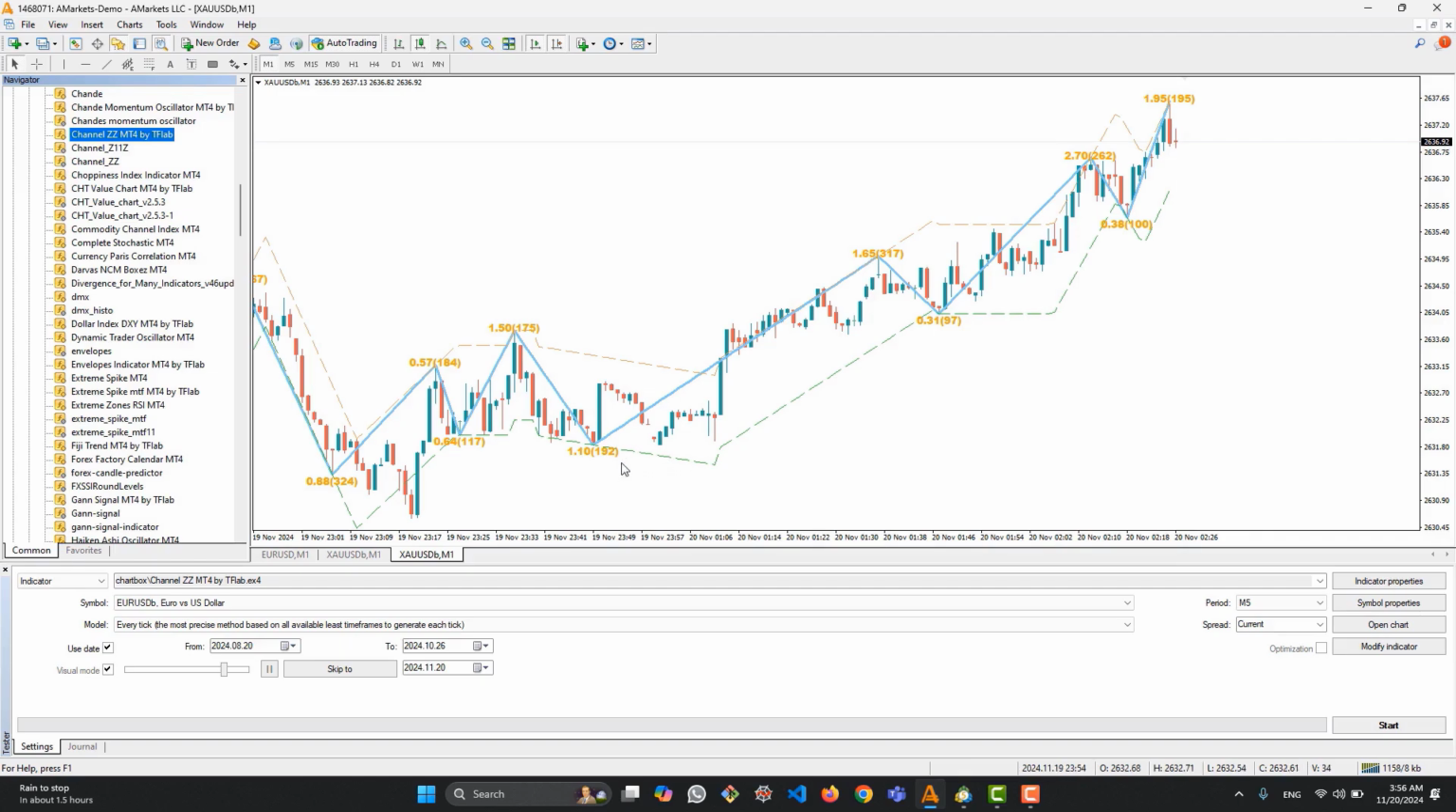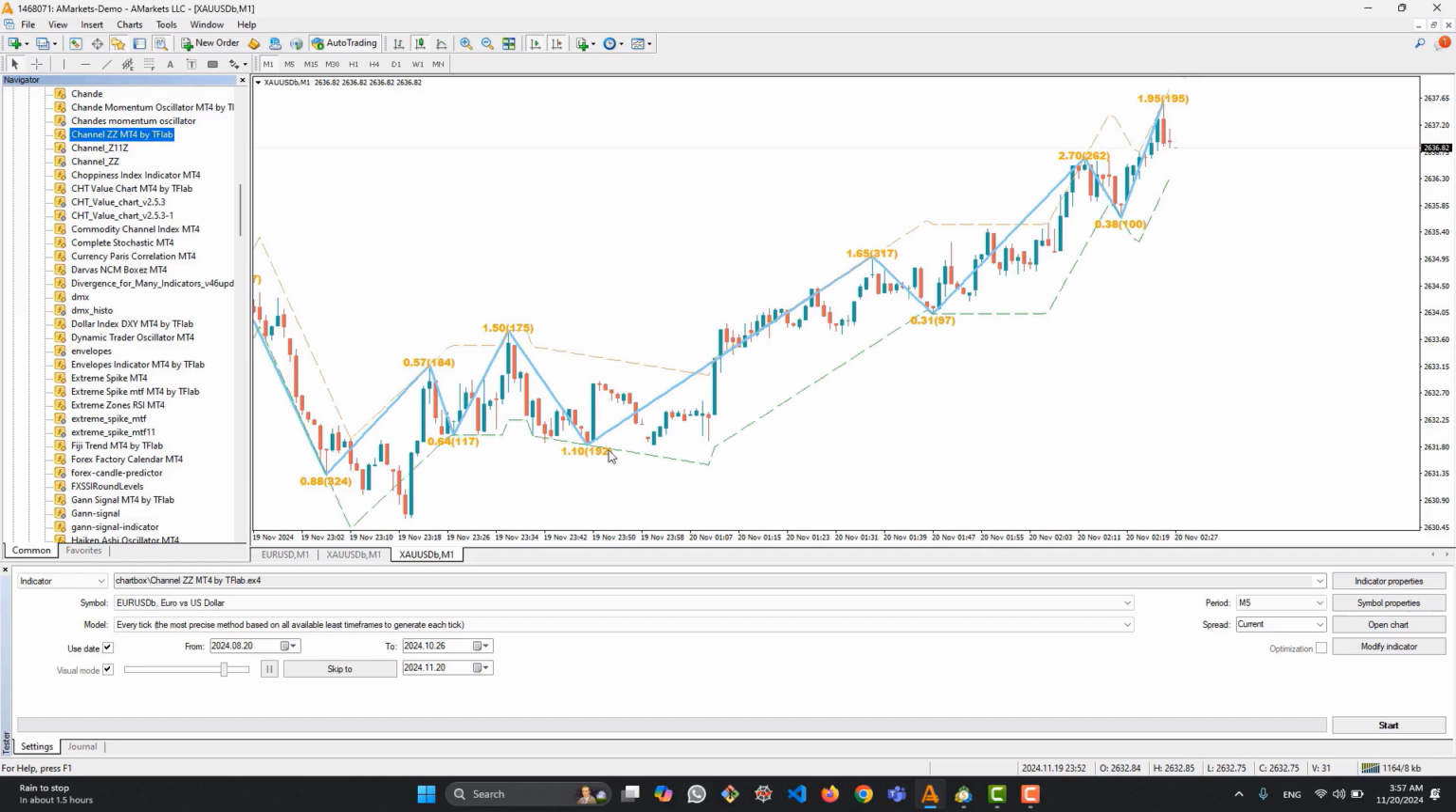It also shows us two numbers at the zigzag reversal points. The number in parentheses is the price change